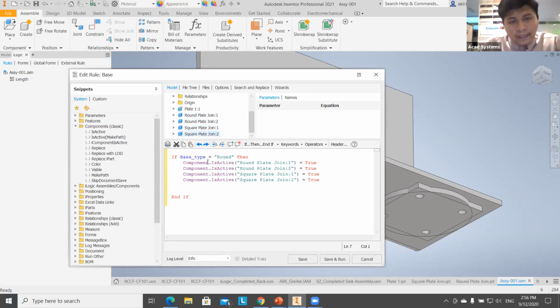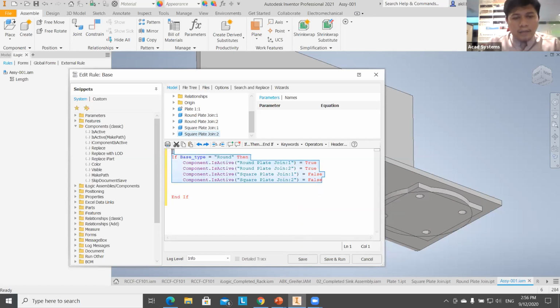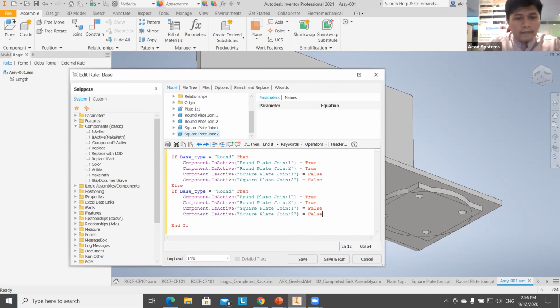So if the base component is round, then your round plate will be true, but your square plate will be false. False. Okay, same goes to if you have another one, else if here, this one you need to go up,